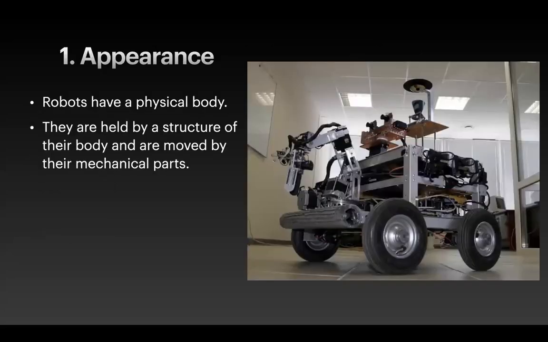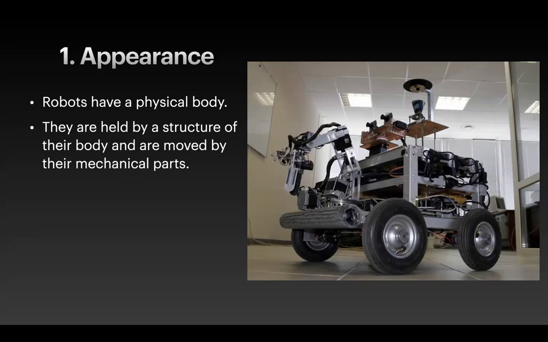Okay. So first, like I said, I basically explained all of this, right? So appearance is what? A robot's physical body. Every robot has a physical body, as you can see in this picture. The physical body of this robot is the appearance. You can see it's a wheeled robot. So this robot may